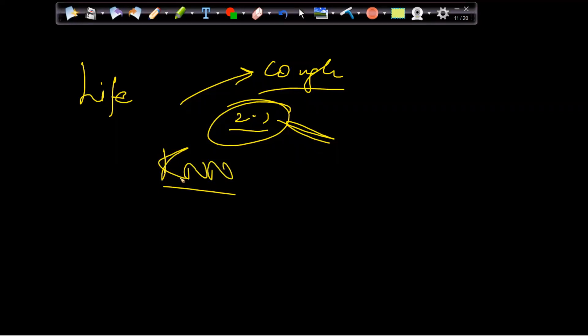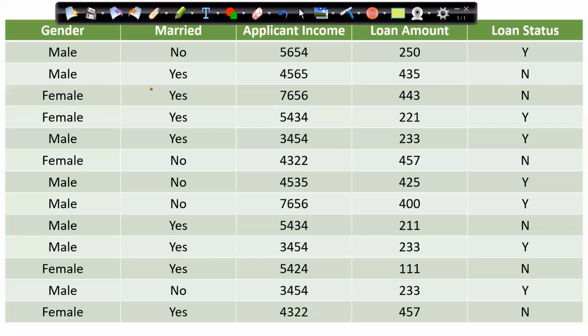So that is the biggest limitation we have in this KNN algorithm. That is why it is selective. When I want the output quickly, I will not go with KNN. But if I am okay to wait for a few minutes, then in that case, I may go with KNN also.